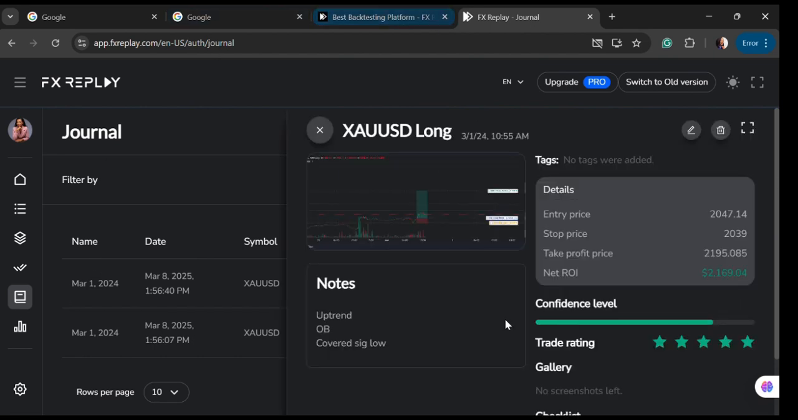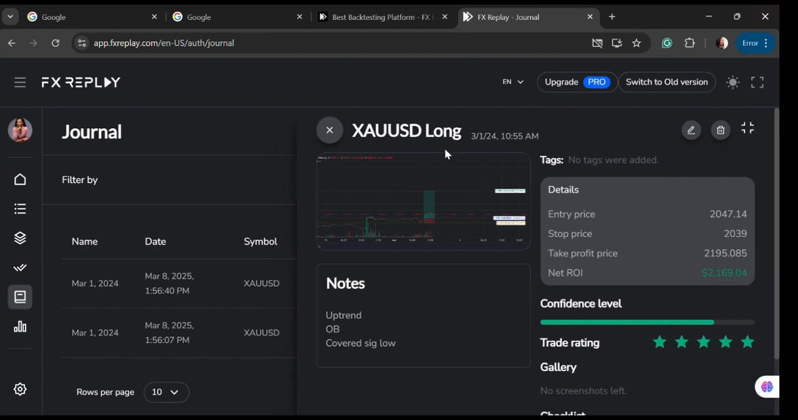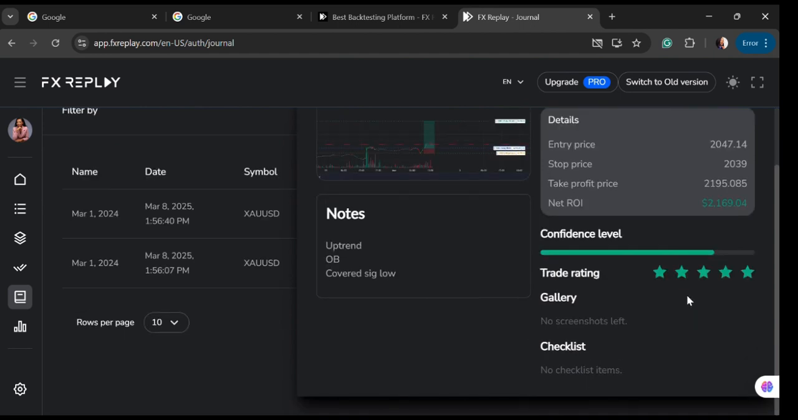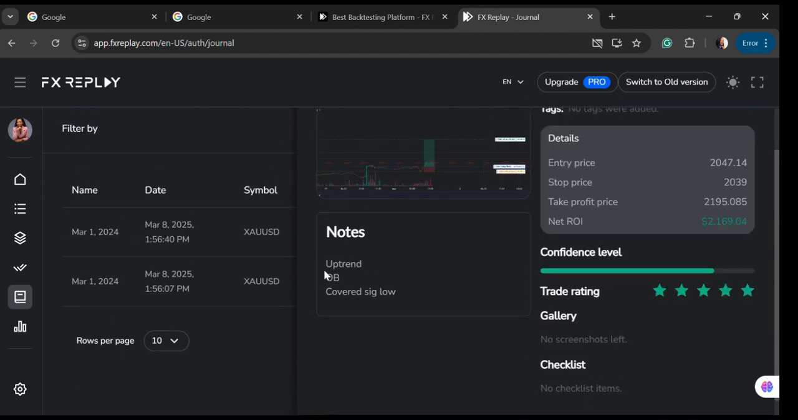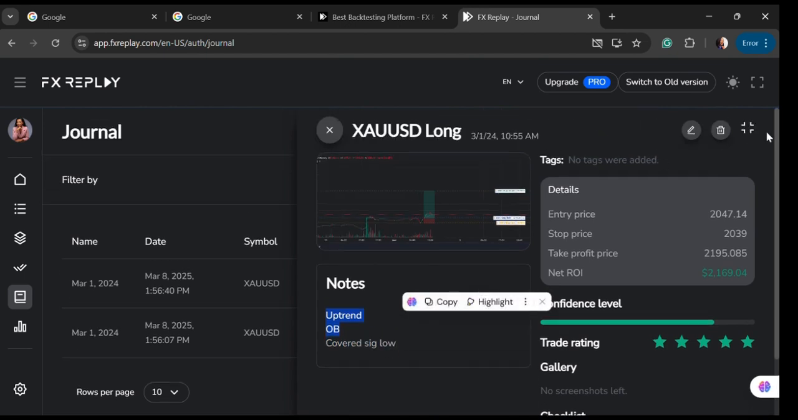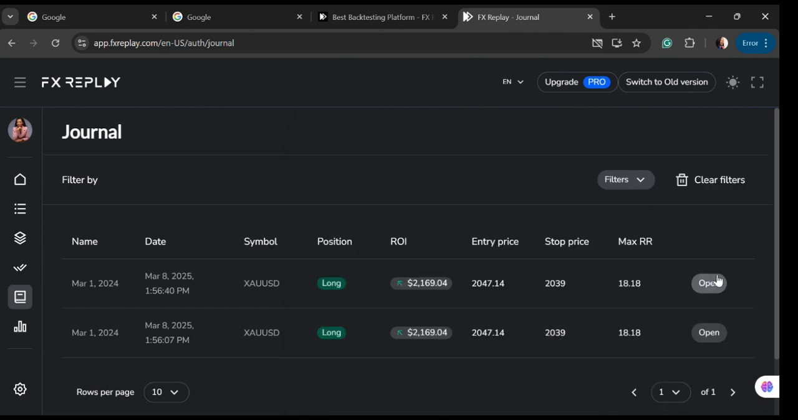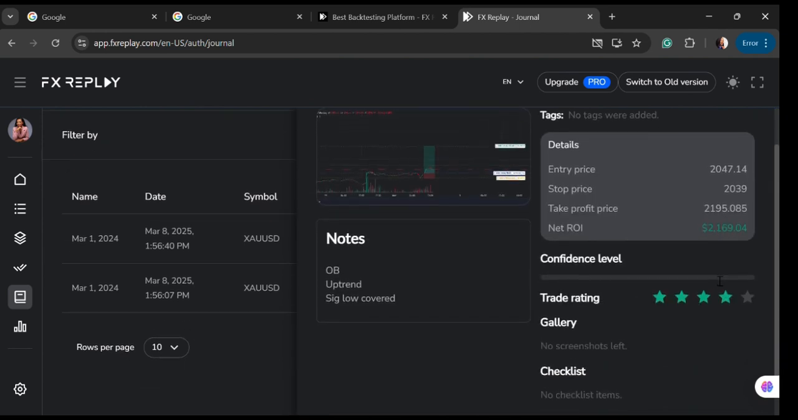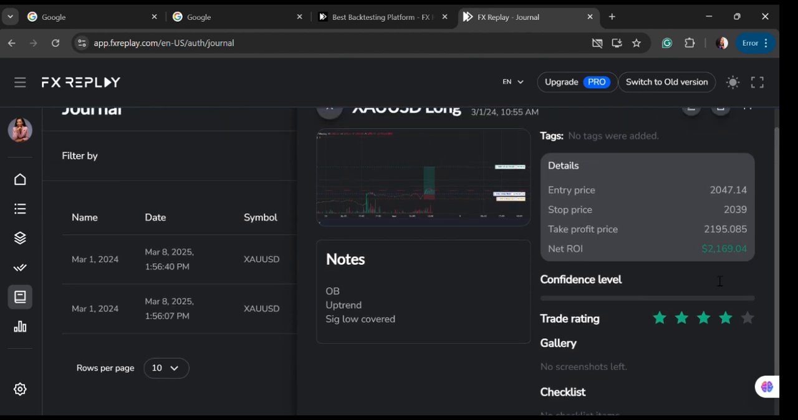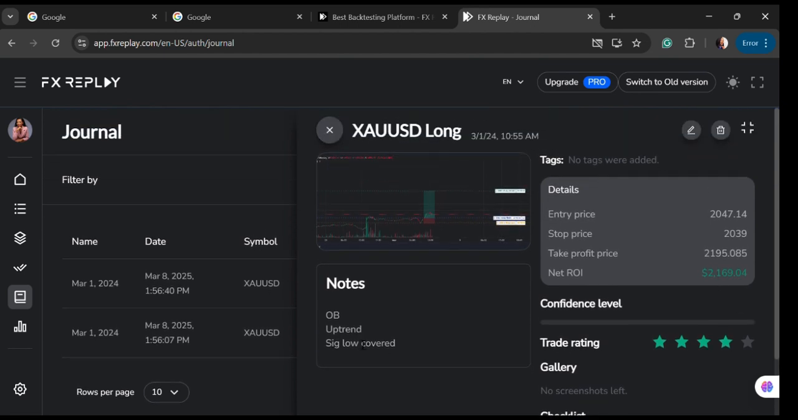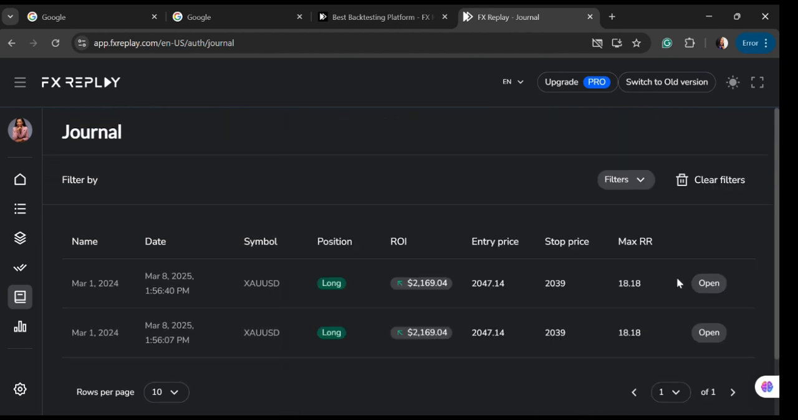Because after taking a trade, you might not remember it again, but then the journal will tell you, okay, look at this trade just before it went to profit. Why don't I take this trade again? Okay, uptrend, OB, covered significant low. That's something I can do for my real-time trading. So yeah, this is how you backtest. I hope you backtest, and I really look forward